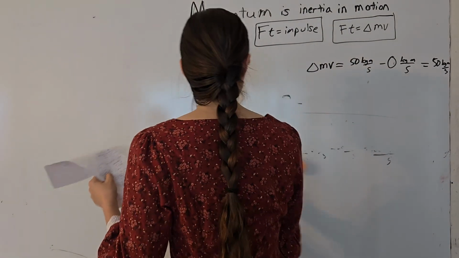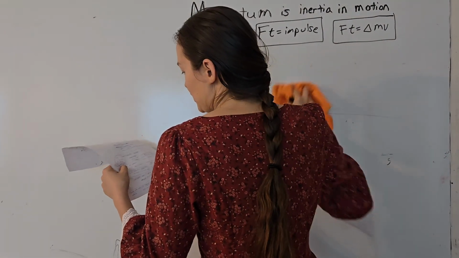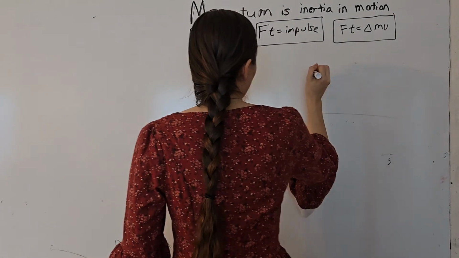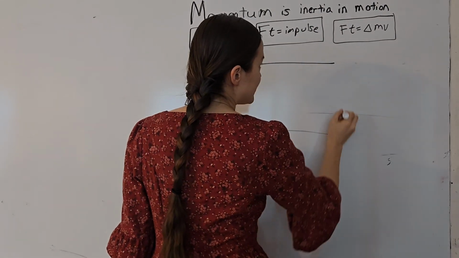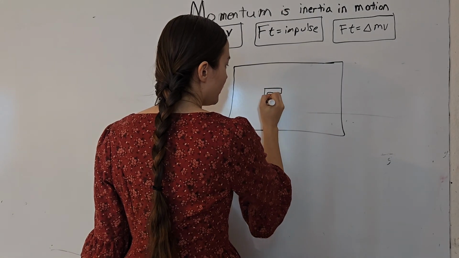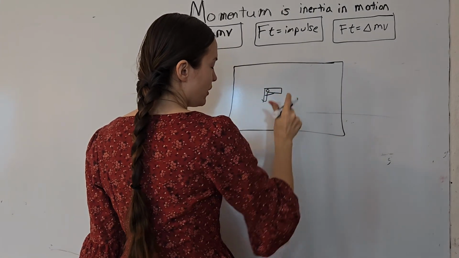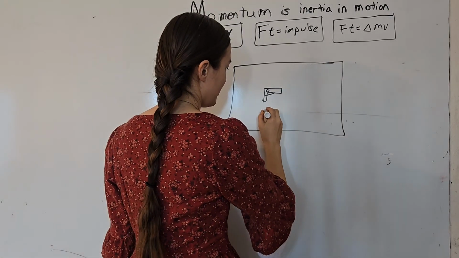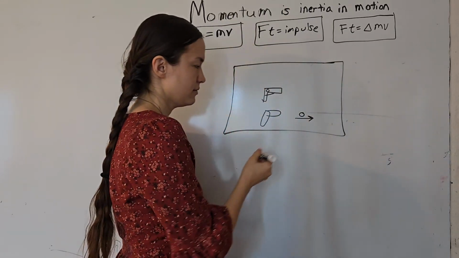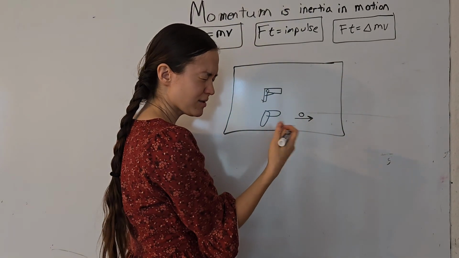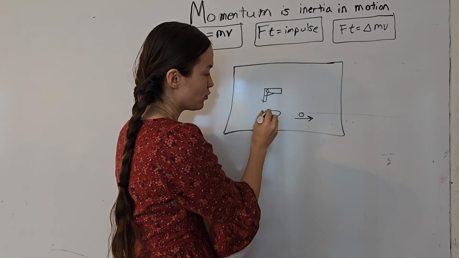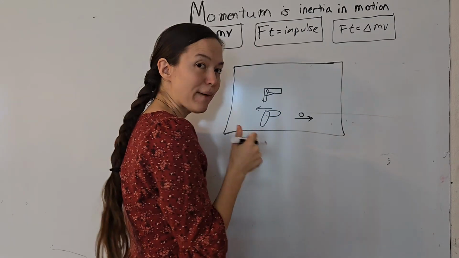Okay, now we're going to talk about conservation of momentum. With conservation of momentum, the momentum is conserved if there are no outside forces. The momentum is conserved in that system. The key to remember here is in that system. So you've got a loaded gun with a bullet in it, and it shoots the bullet. The bullet is now moving, so the bullet's mass has momentum, and the gun has recoil. It's recoiling back in the guy's hand.